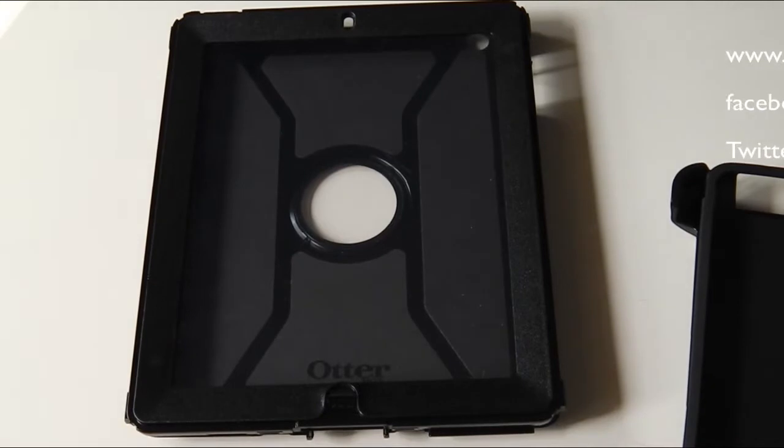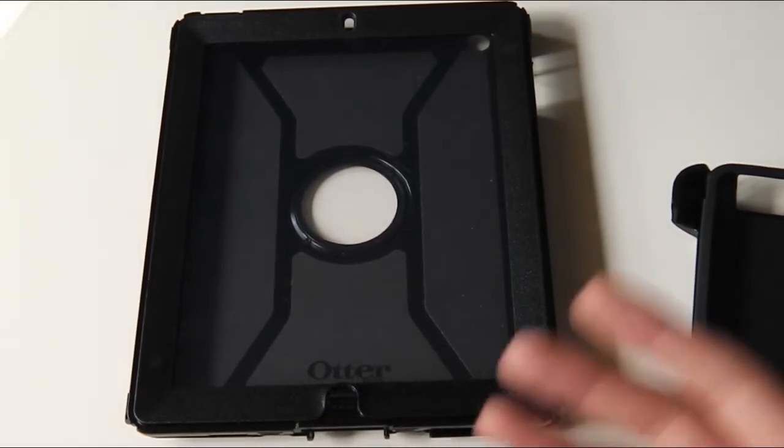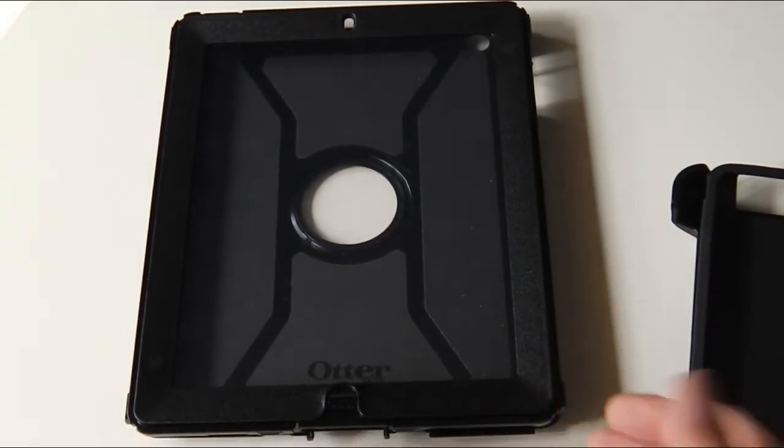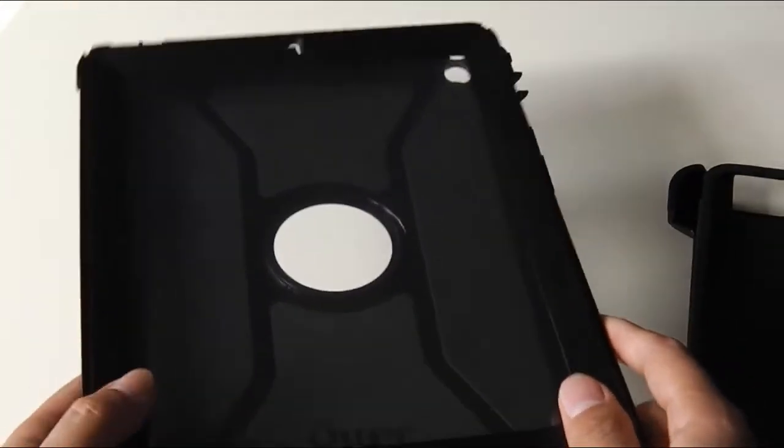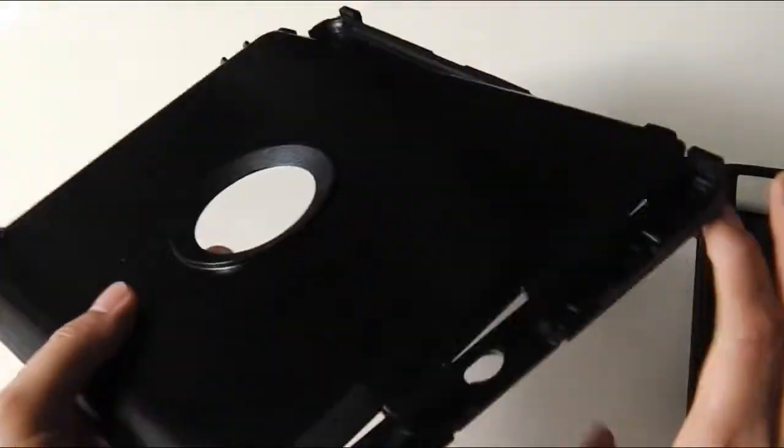I'd just like to quickly take you through the different components that make up the OtterBox Defender case for the new iPad and iPad 2. So I'll start with the first layer of protection, as I would call it. These are actually two pieces of polycarbonate, and